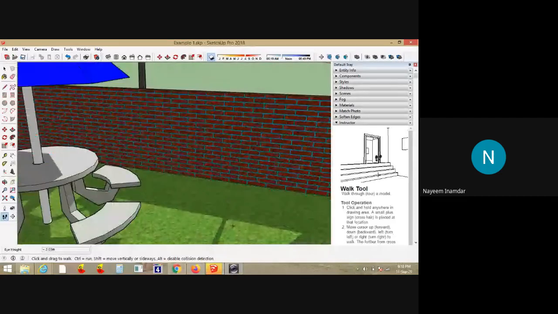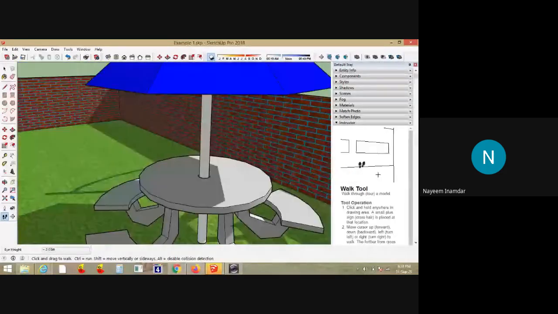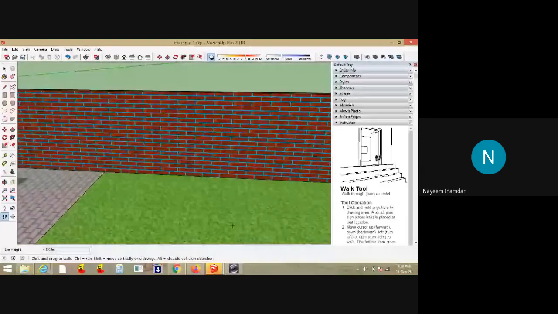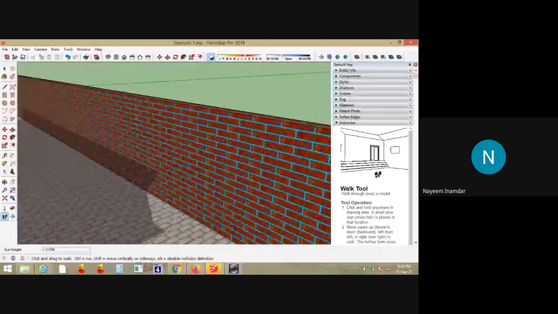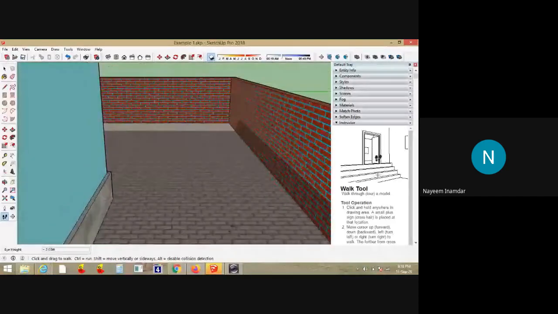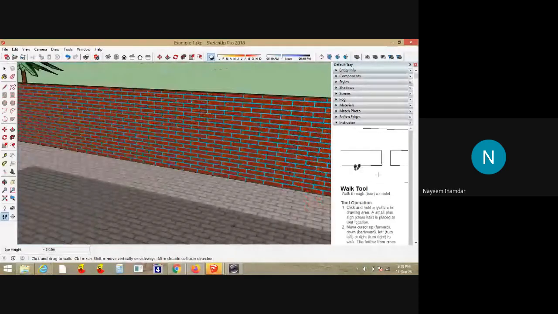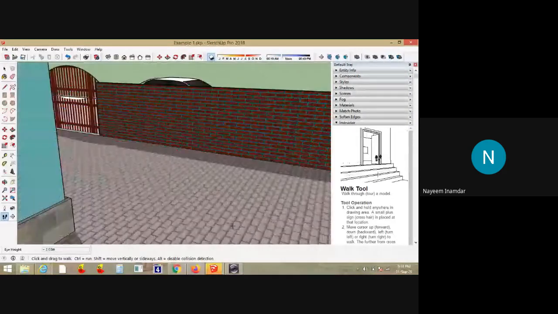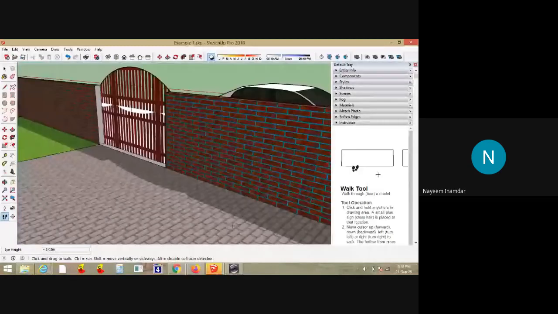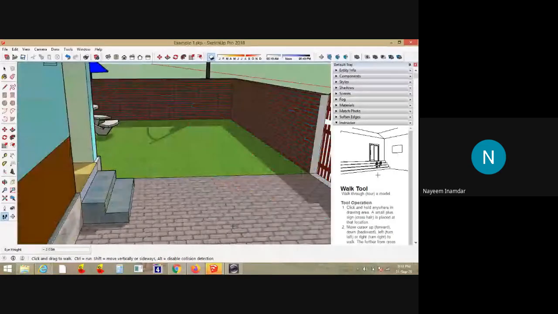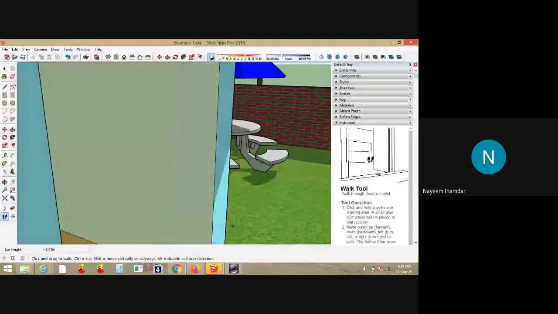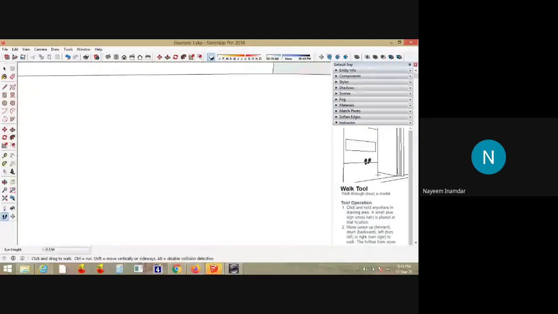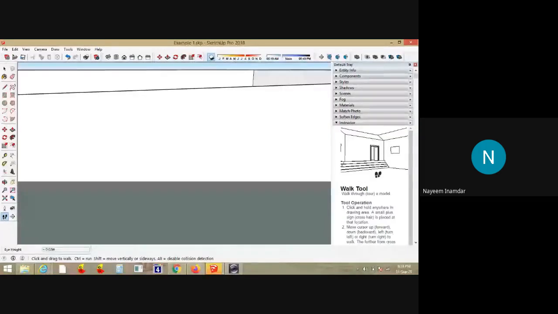This is how you can have the walk around. This is about the tool walk.